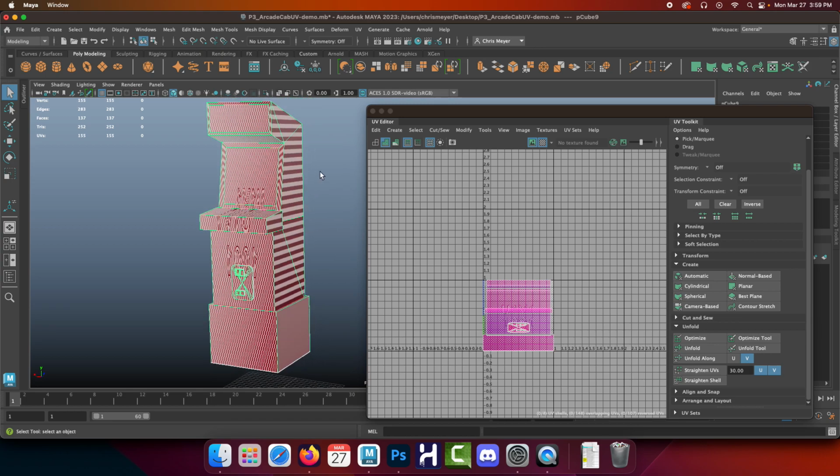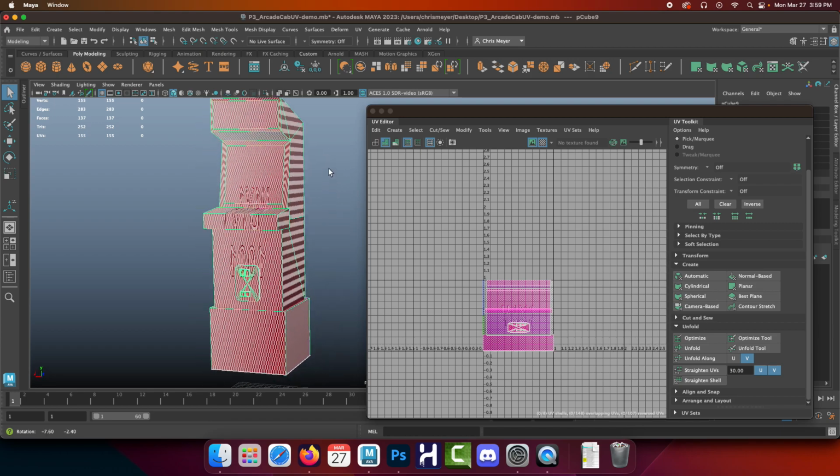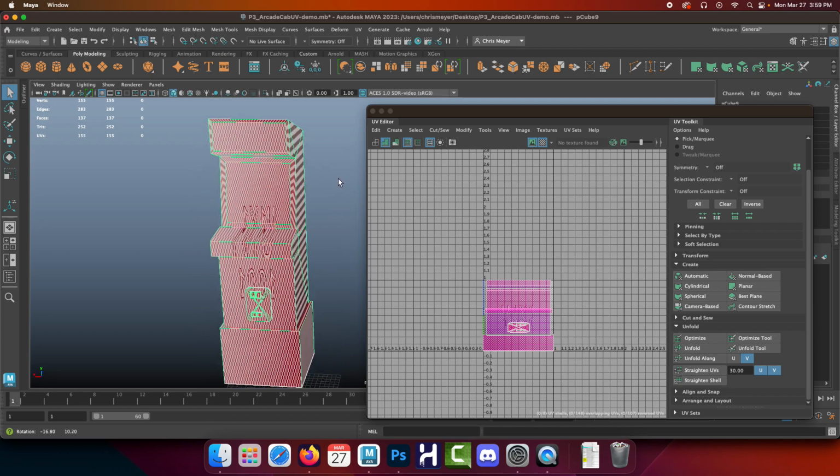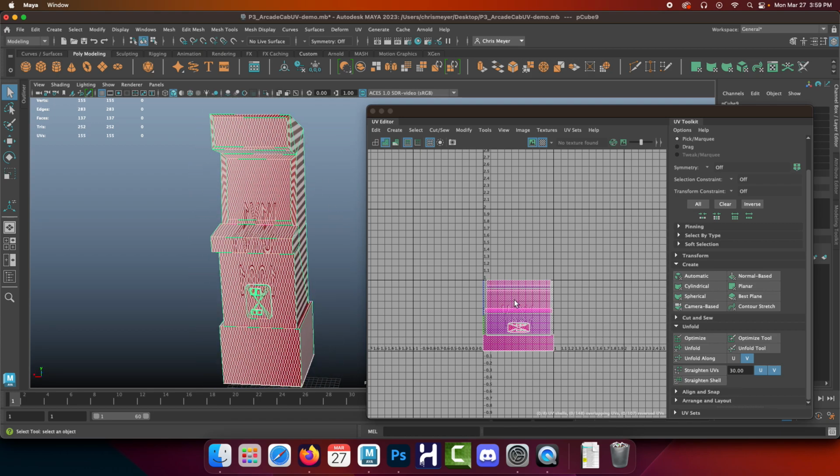Because as you go through this, like I said, most of this is already red. You can see some of the blue faces. As you unfold everything, the majority of your faces should turn blue. I think all of them actually will be blue at the end. So let's dive in. For starters, I'm going to go into UV shell mode and I'm going to move